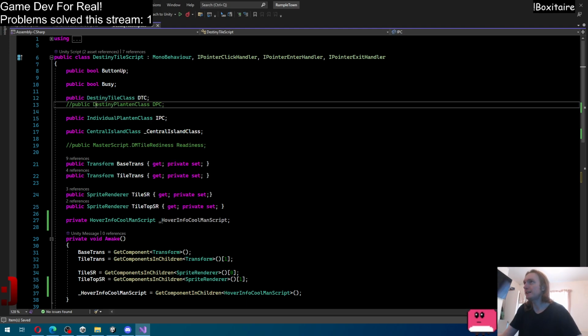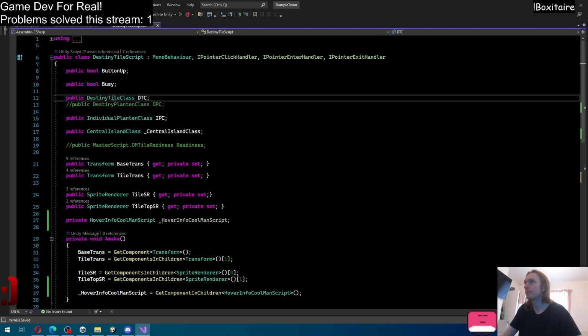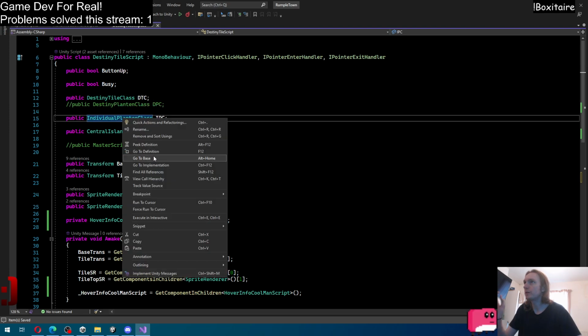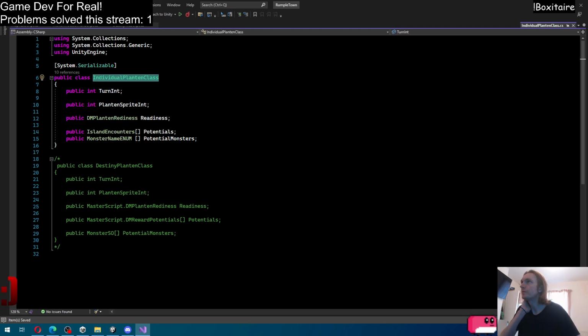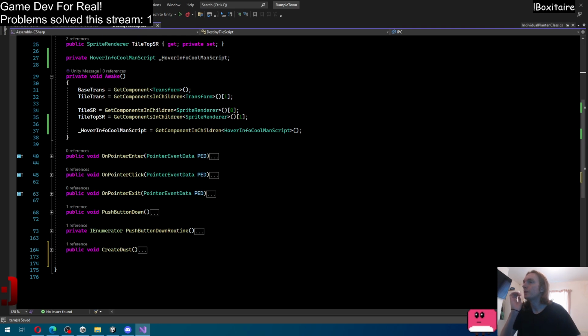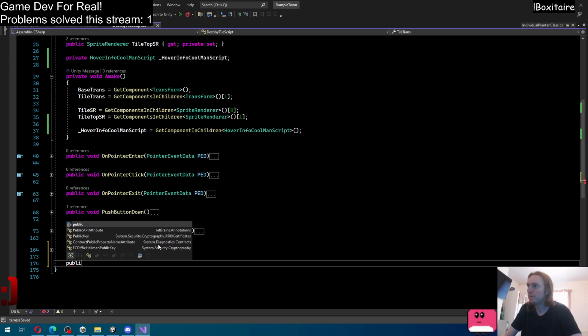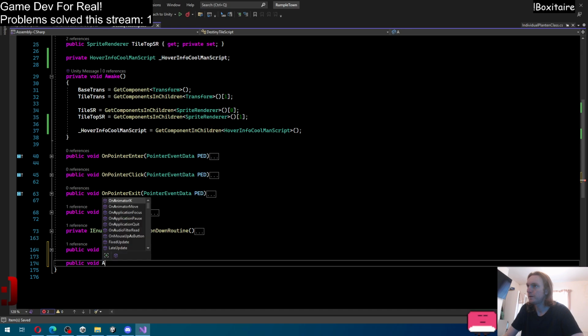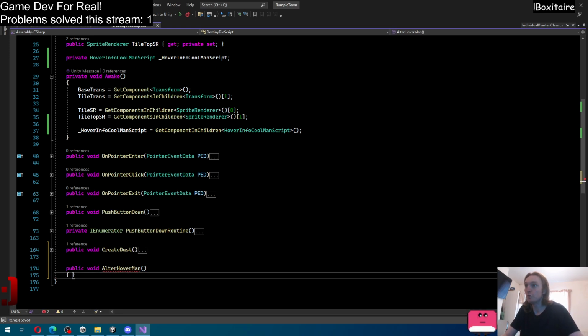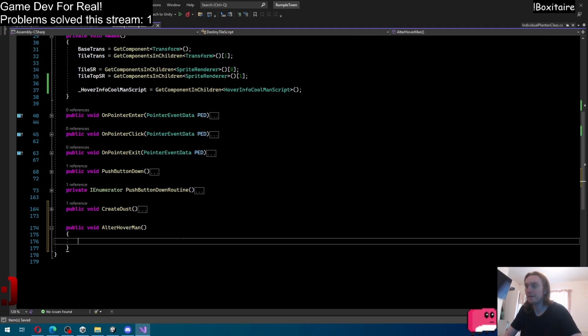I have a feeling this Destiny tile class, actually it might be there as well. Let's go to this definition. So that's it. Okay. So we're going to have public void alter hoverman. I'm not sure exactly when we're going to call that. I'm going to say if